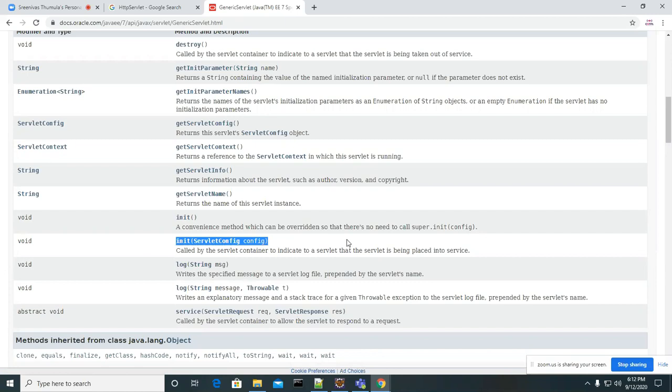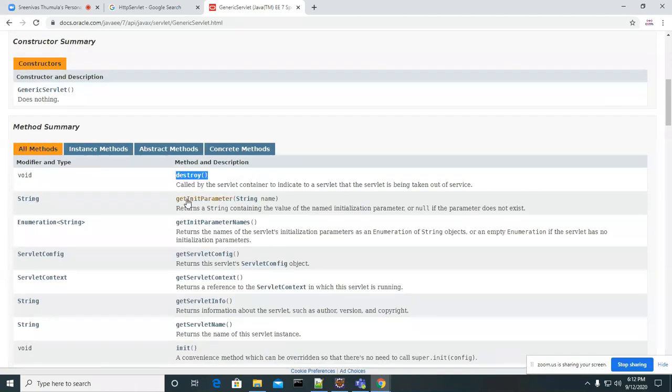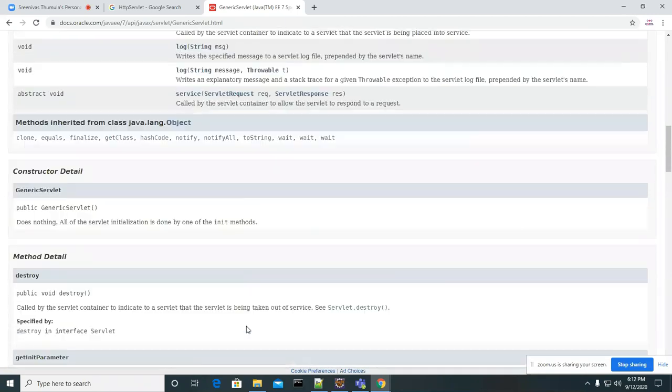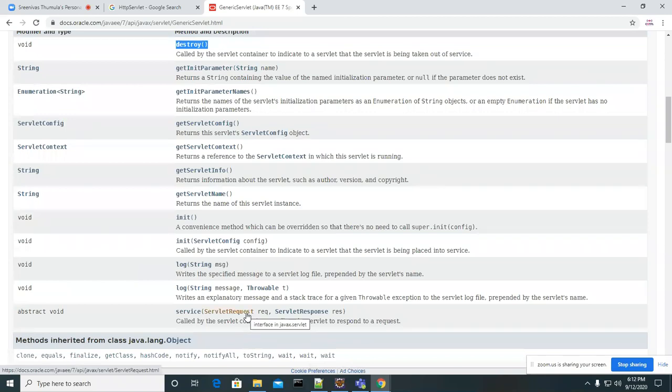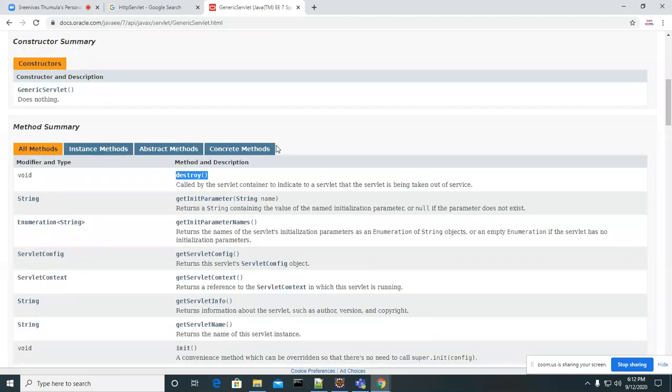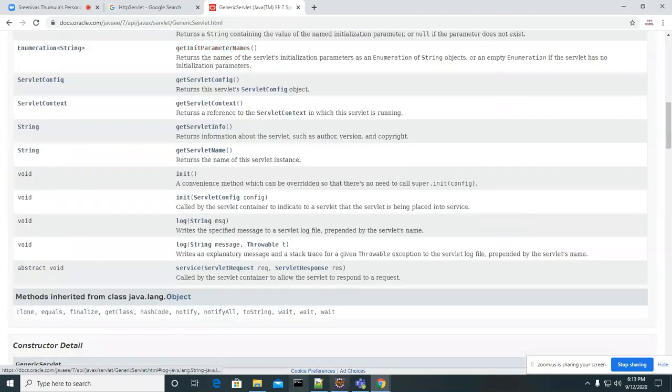Yes, sir. This is init, this is the second method, this is the third, getServletInfo, and four and five, destroy. We have other extra methods also. That's not a problem. We can develop a number of other extra methods when we are implementing any interface. It is not mandatory to develop only that implementation. Along with that implementation, you can do other method implementations also. You got the clarity, right?